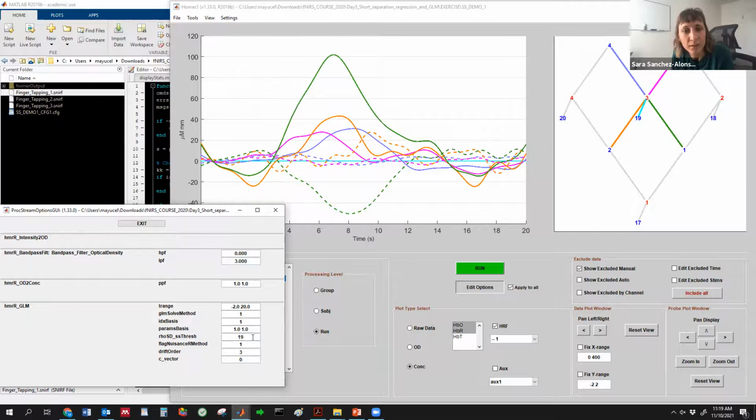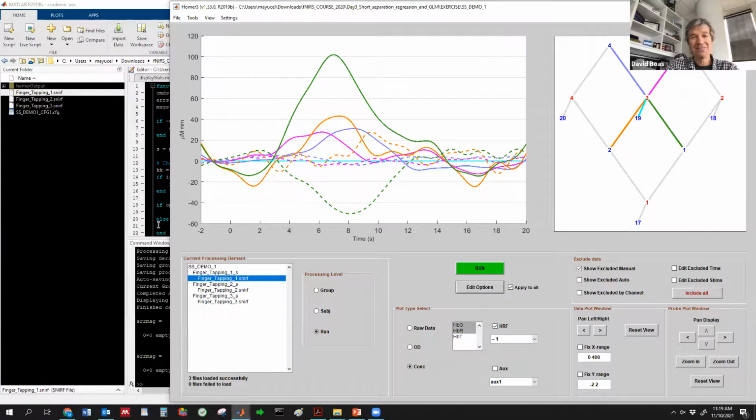Well, then what you have to do, we can try it here. This is a small probe, so it's going to remove brain activation. Let's just try it. The long separation is 30 millimeters. I'm going to say 35, and let's average all of them, and see what happens to what was a beautiful brain activation, the green line. So if I run that,